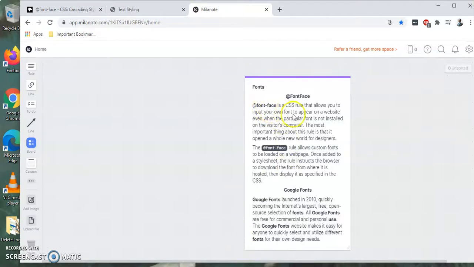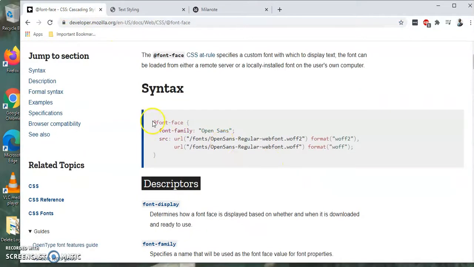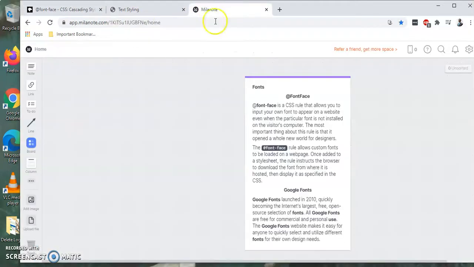So font faces mostly are in this format. You find they will start with the word font-face, and then based on what you have, something like that. Okay, and then they always have different formats like that. Okay, so a font face is simply a CSS rule that allows you to input your own font to appear